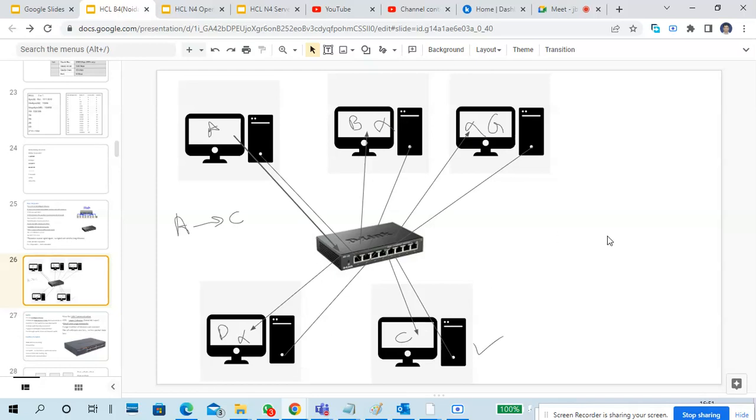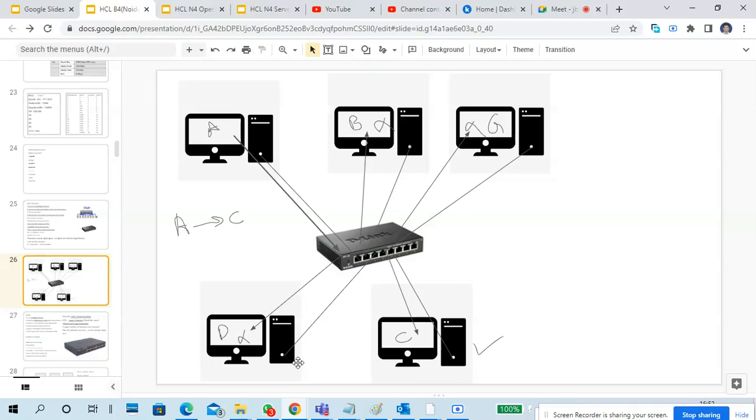Because of that broadcast, a lot of traffic is generated. Everybody receives the packet, and they check whether it belongs to them or not, and they drop the packet. C receives the packet and accepts it because it understands the packet belongs to it, based on the source IP and source MAC address. Okay, it confirms it is taken.